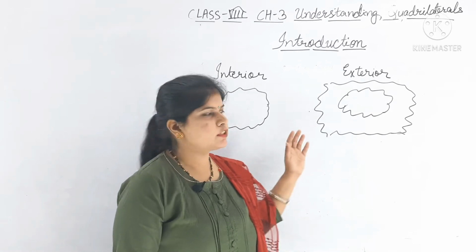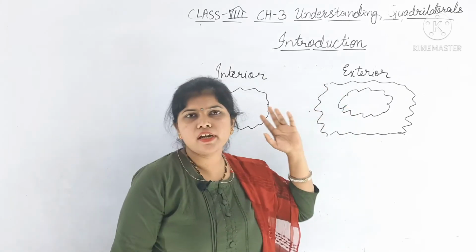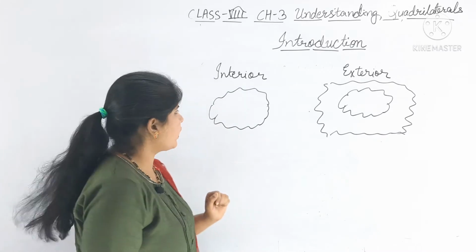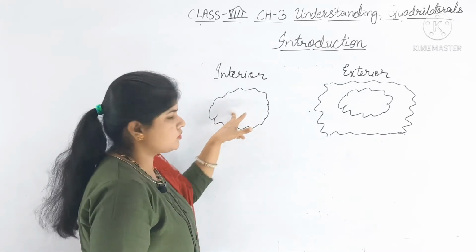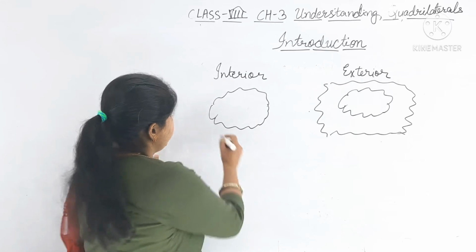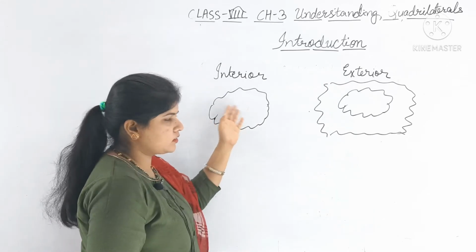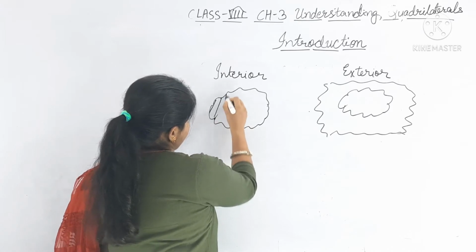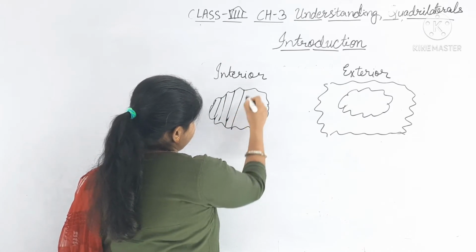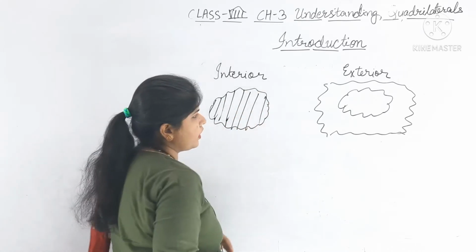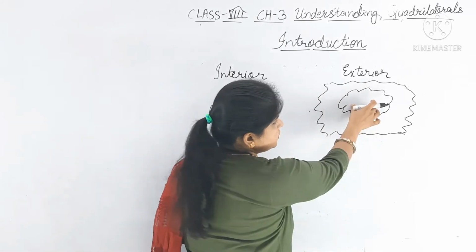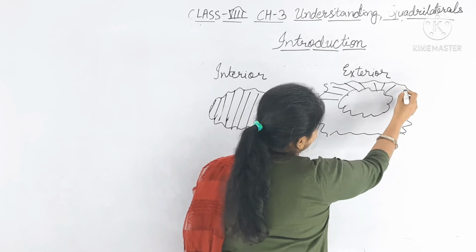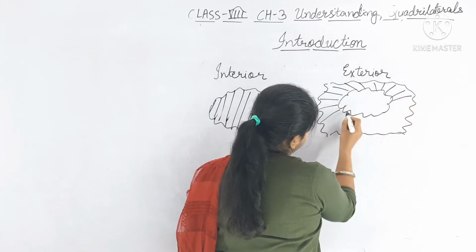Now come to the next point, that is interior and exterior of a closed curve. So I had explained the closed curve. Okay, what is the closed curve? Like this we can say that is the closed curve. So here interior means this part. Okay, and exterior means, this is a curve, exterior means that is the outside part of the closed curve.